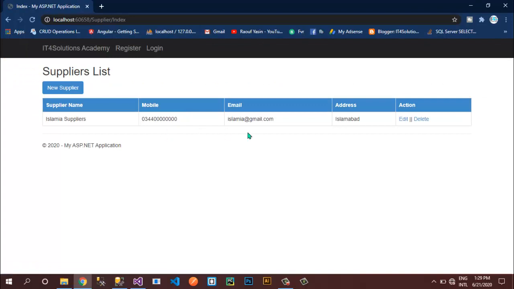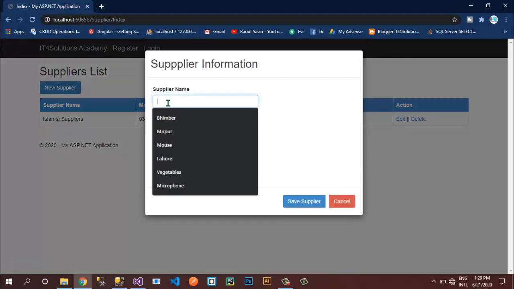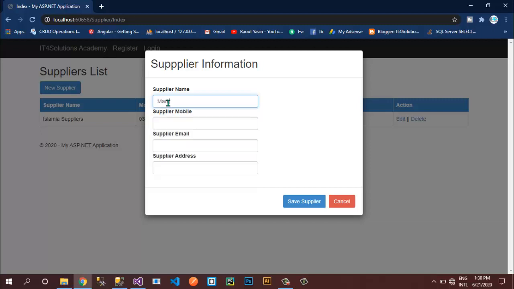Perfect, we're getting our supplier and we can now save our supplier using this bootstrap modal. If you click again, let's say I want to add one more supplier, mark suppliers, mark at gmail.com and London.